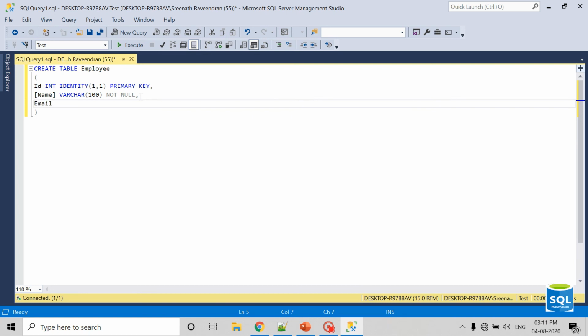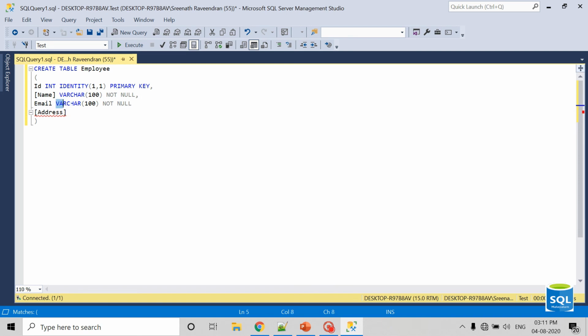Then email. For email also, I'm selecting varchar 100 as a data type, giving not null. Then address. Again, address is kind of a system keyword, so I'm giving square brackets.